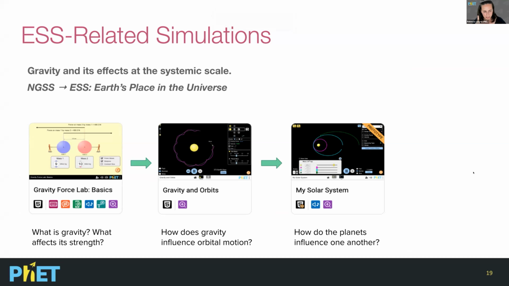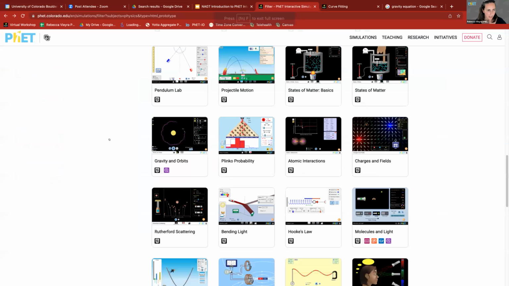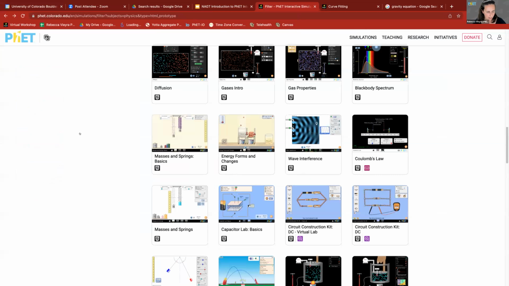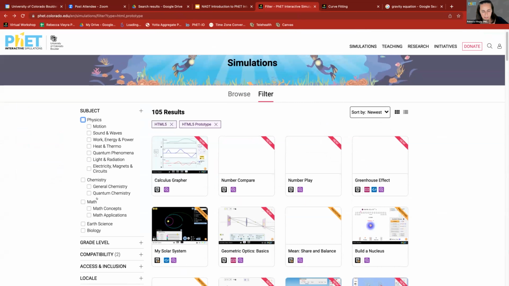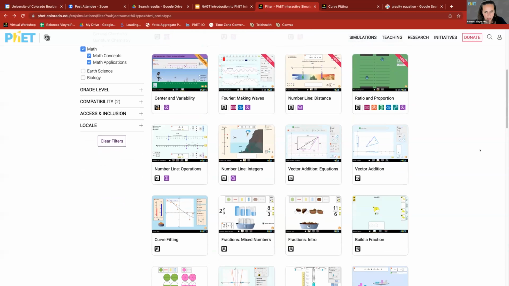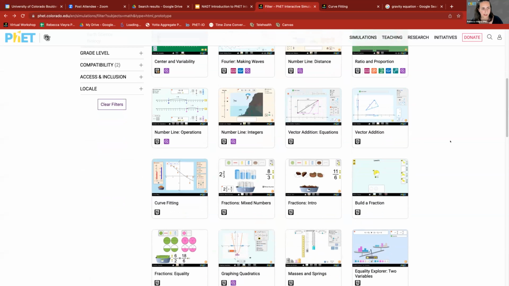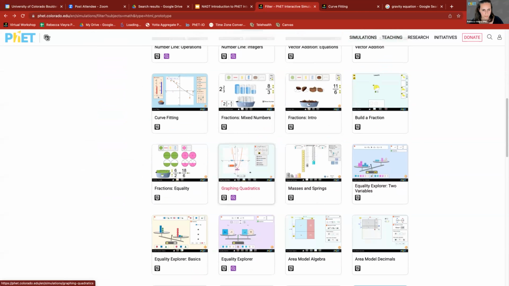I wanted to throw one other idea out there, which, as a physics person, I often overlook: sometimes we only look at the science, but the math can be helpful as well. So don't overlook the possibility of integrating math. For example, we were looking at forces in different directions. In an orbital sense it may not be useful, but understanding vectors and vector addition can be helpful. Understanding a variety of different kinds of equations,